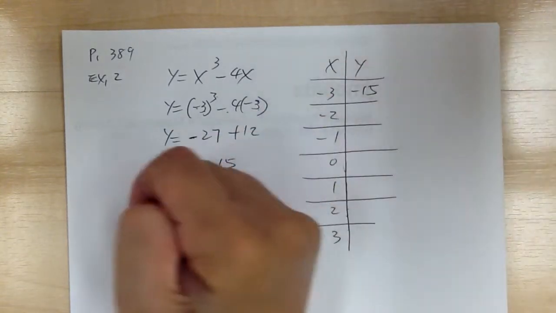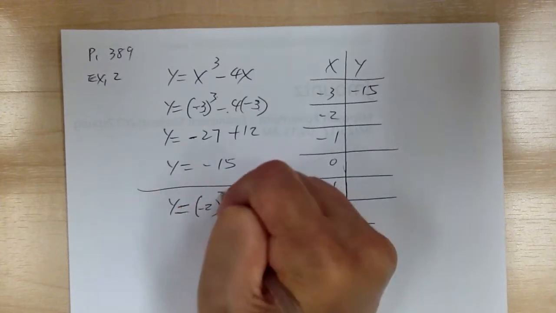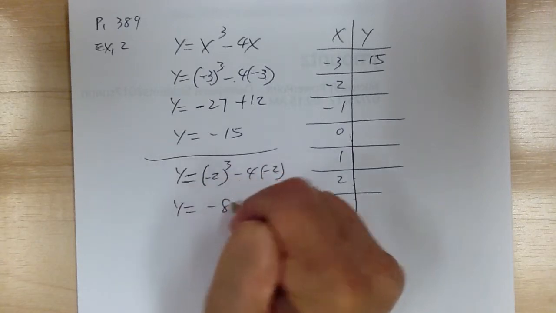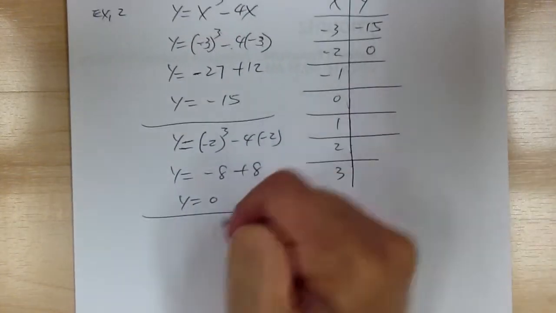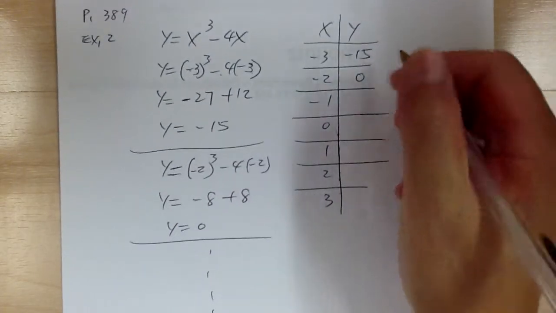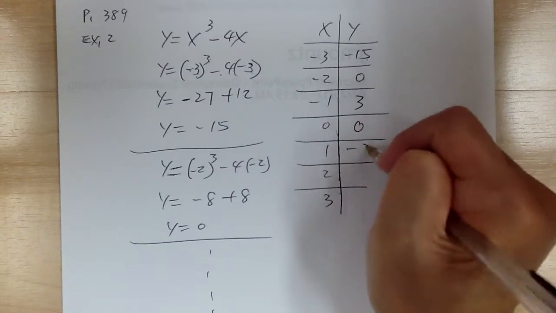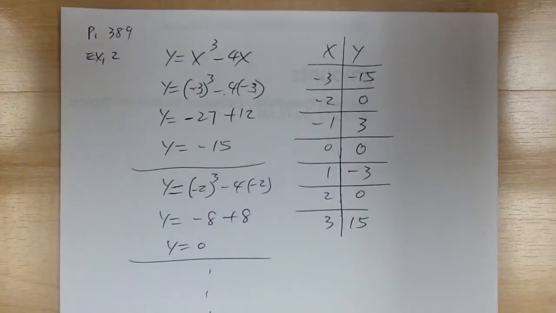Okay, and then you continue. So y equals -2 to the 3rd power minus 4 times negative 2. So y equals negative 8 plus 8. So y equals 0. And then you just keep going. So you get all these values. So you got 15, 0, 3, 0, negative 3, 0, 15. Okay. So now when you're ready to graph,